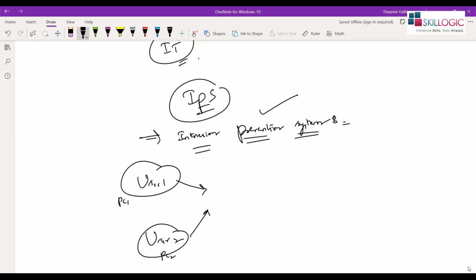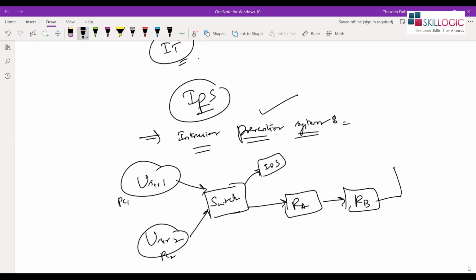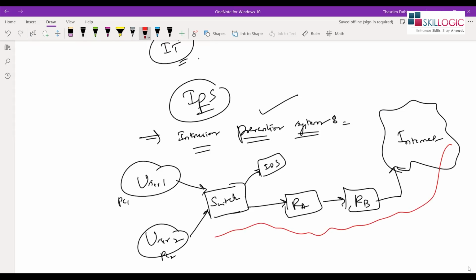They both are connected to a switch, and the switch will be connected to some IDS. And further they are connected to router A, there will be routers. And through these routers further they are connected to the outside world, the internet. So guys, here an attack can happen from the outsider to this user. And there will be an insider attacker, who knows, insider threats. He himself can attack user 2. Under your company, there will be an insider threat. We can't predict. Nothing is unhackable.